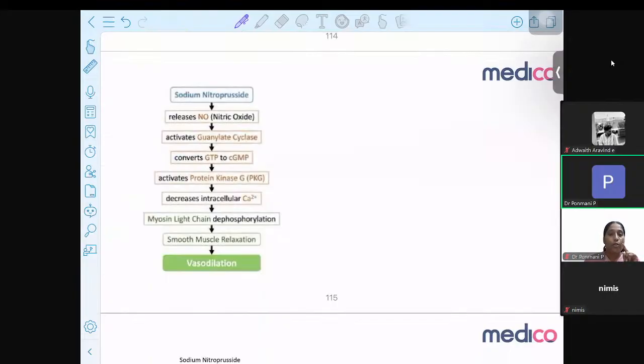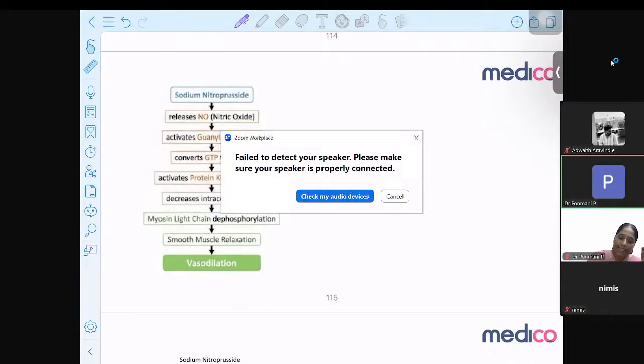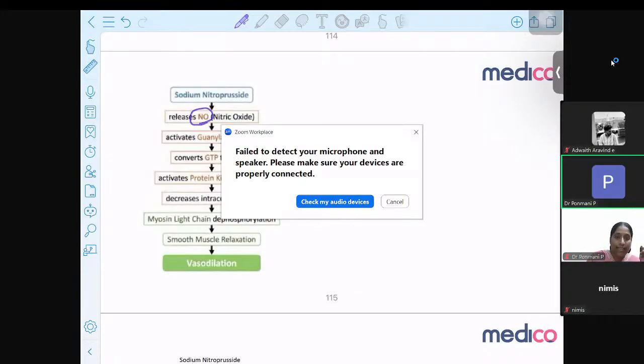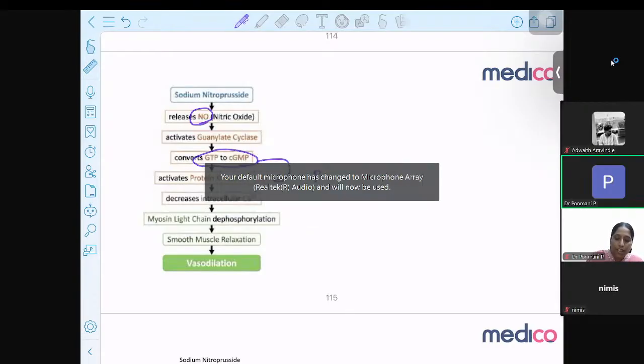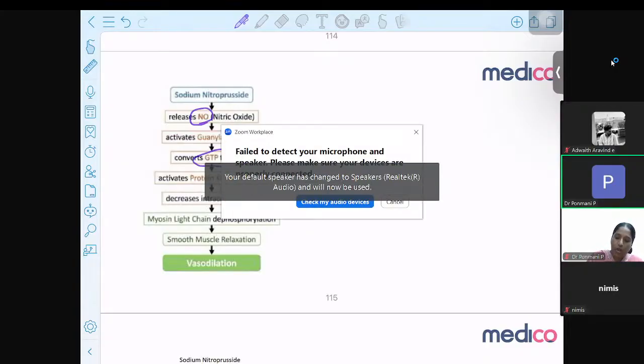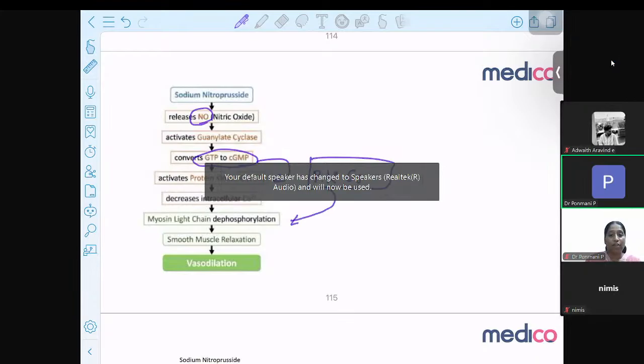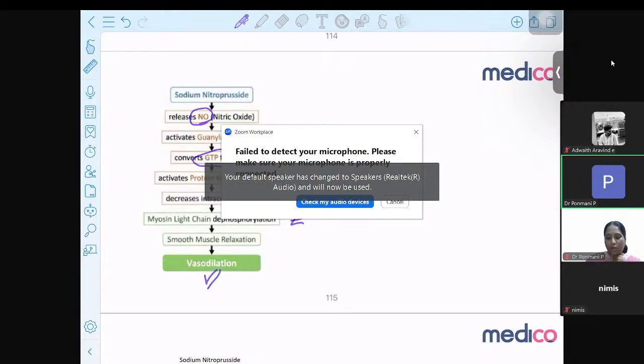Sodium nitroprusside also releases nitric oxide, leading to cyclic GMP, which activates, please note, protein kinase, which causes